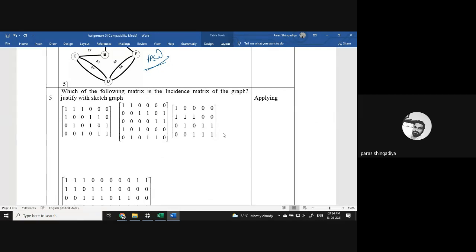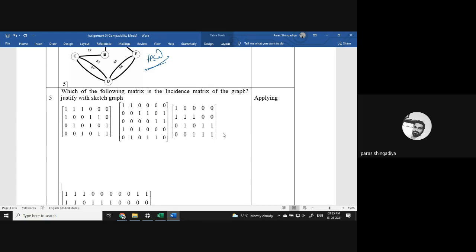Okay, now let's start question number 5. Matrices are given there. First we'll verify whether the matrices are incidence matrices or not, and then we'll draw the sketch. So how can we verify a matrix is an incidence matrix or not? That condition we also used in the previous questions. We just check each and every column. If it has two 1s, then the matrix follows the condition of an incidence matrix. Each column of the matrix should have the entry 1 two times.